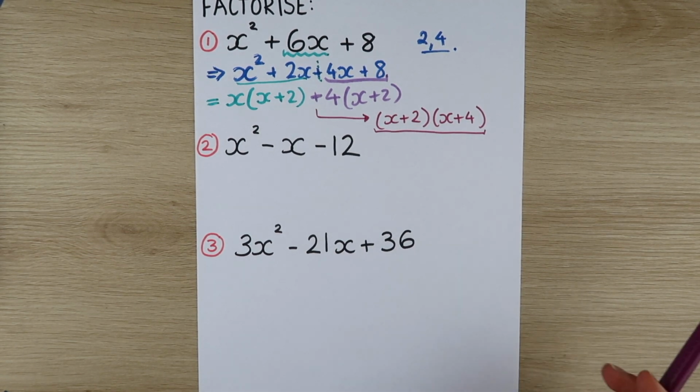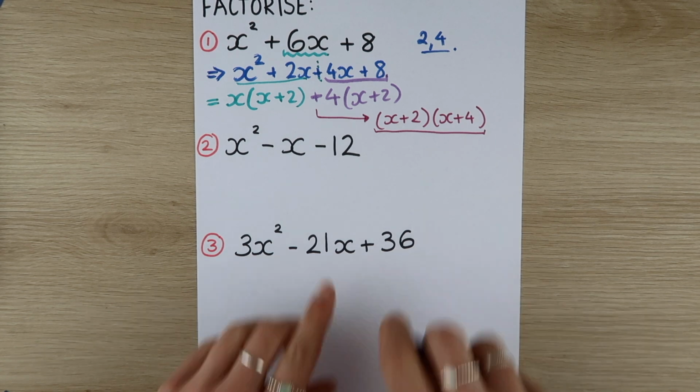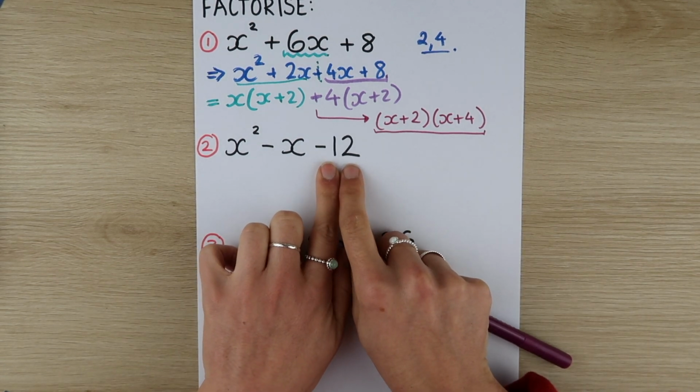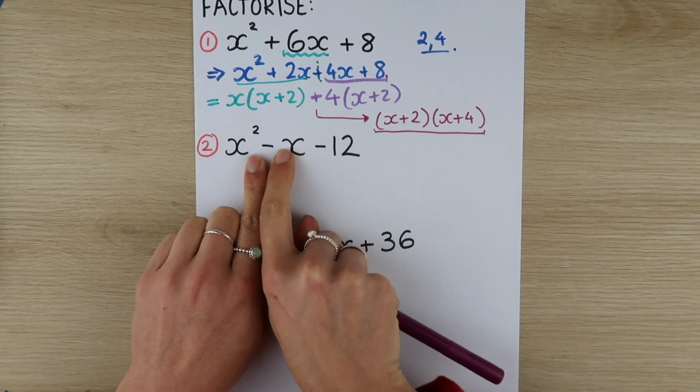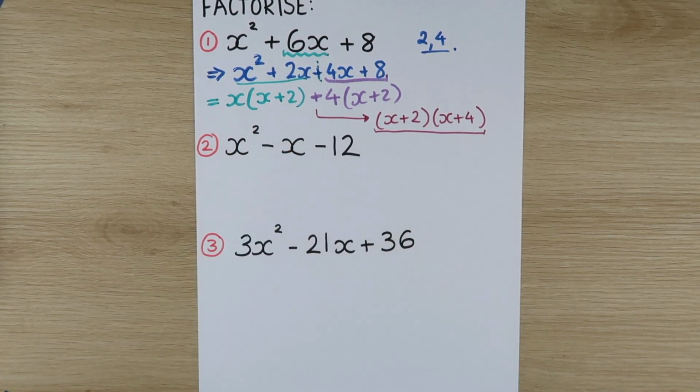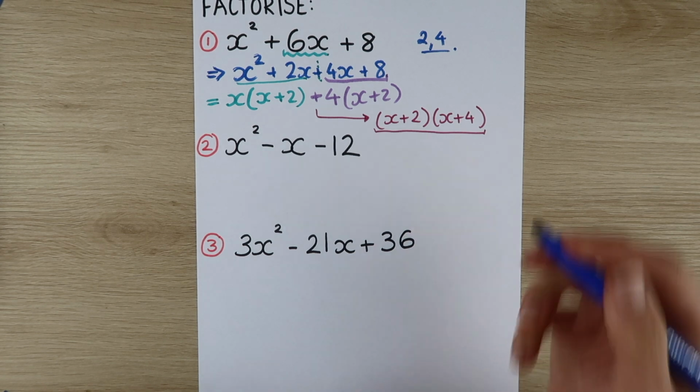So again, we've got to ask ourselves, what 2 numbers multiply together to make negative 12 and add together to make a negative 1? Reminder, there's an invisible 1 in front of this x. Those 2 are negative 4